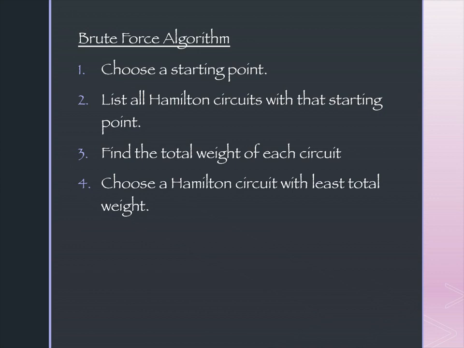We don't have to change it from the starting point to something else later. But you choose a starting point, and you list all Hamilton circuits with that starting point. Here's the problem. We just did one a minute ago that had 10 possible starting points. I shouldn't have said that. It had 10 vertices is what I really said. Once you choose that starting point, 10, then there's 9 factorial or 300 and something thousand different Hamilton circuits, and